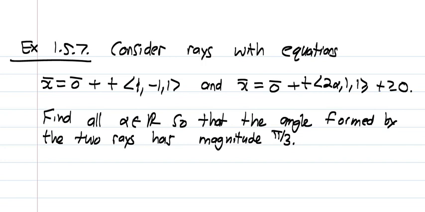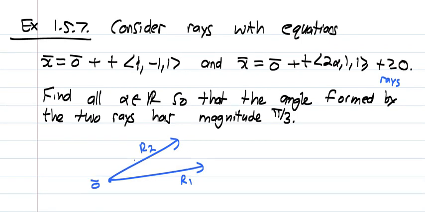Why? Because t is greater or equal to 0, so we know they are rays. We can do a quick rough diagram. So we can say this is ray 1, this is ray 2, and you can see all of the rays start from the origin, which is 0. All right? And we want to find all alpha so that the angle between the two rays is pi over 3. Now I'm going to call this vector P, and I'm going to call this vector Q,